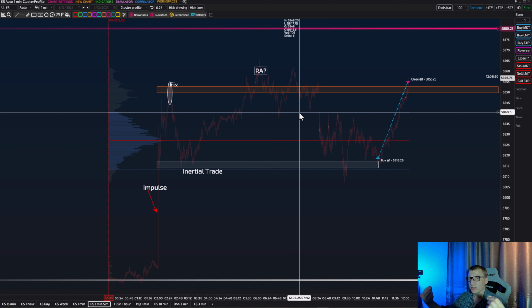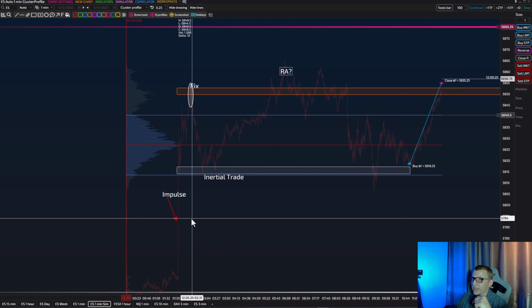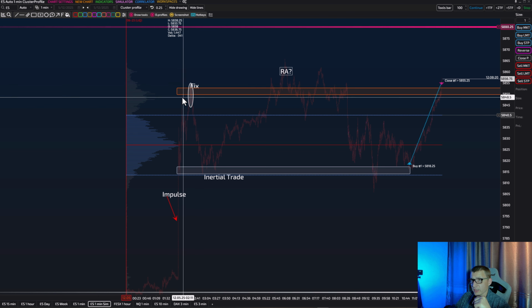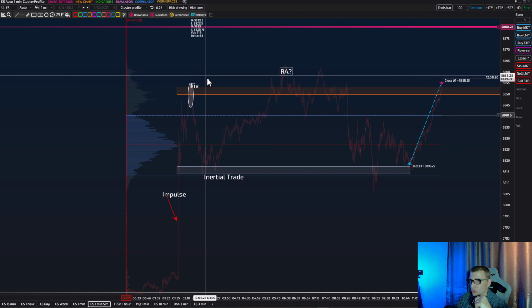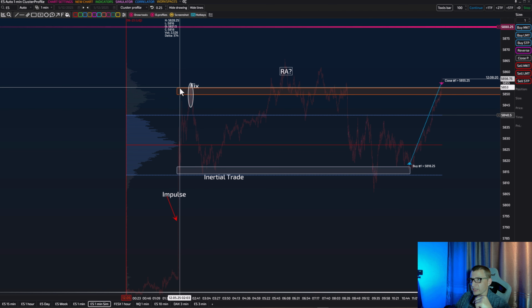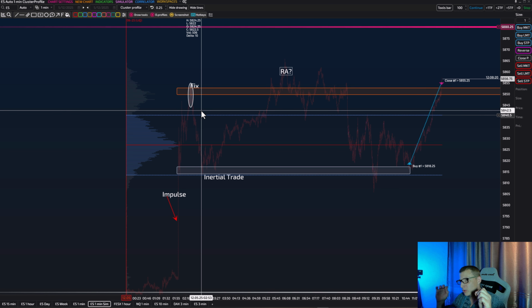And this is magical. When you have a priority, when you understand time, and when you understand the market structure like I do, this just becomes magical. Okay, once again, we had an impulse, we had a fix. Some institutional traders, in this case we already know, partially closed their positions.